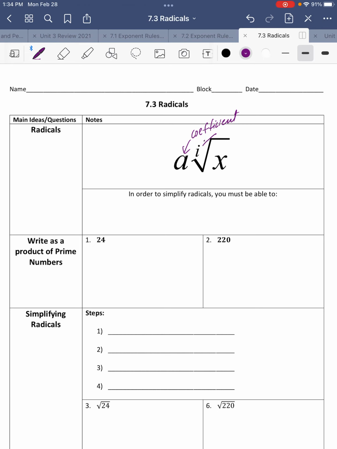The I means the type of radical, so this is called the index. So if there's a 3 there, then it's a cube root. A 4 there, it's a fourth root. If there's nothing there, so this is a square root, if there's no number. If there's a little 3, then it is a cube root. If it is a 4 there, we don't have anything special to say, it's just a fourth root. What's underneath the square root, or the radical, is called the